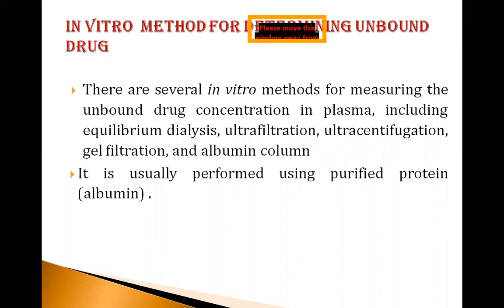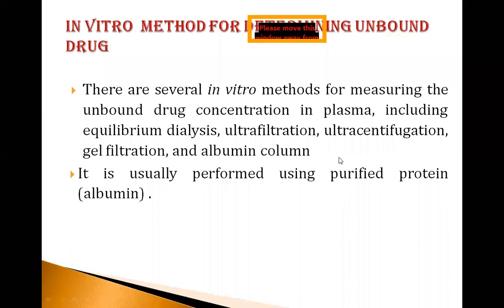So there is a chance of both proportions, that is, drug binding to the protein as well as the free drug presence. So when you experimentally want to determine how much drug is bound to the protein, you should have analytical methods, or experimental procedures, which help us to estimate the amount of the free drug and also the amount of the drug binding to the protein, so that it becomes easy for us to understand how much drug is getting bound to the protein.